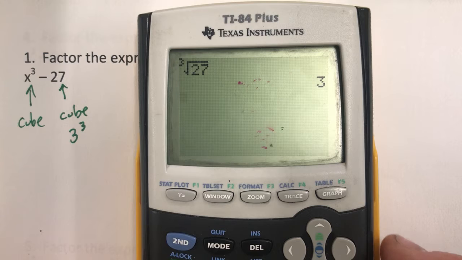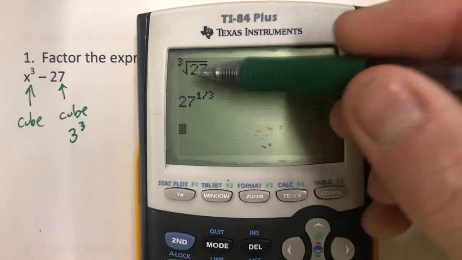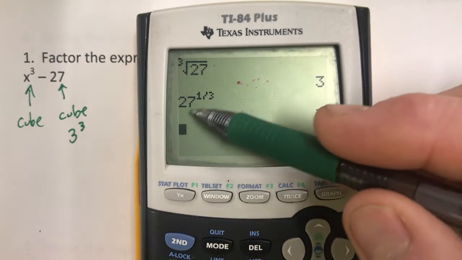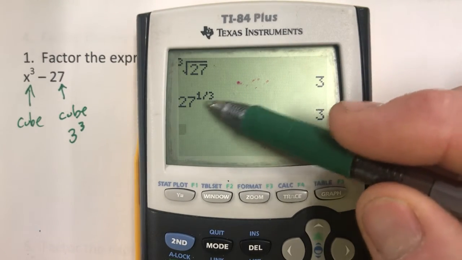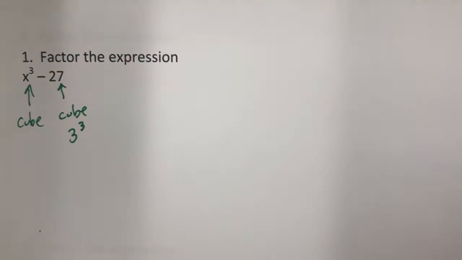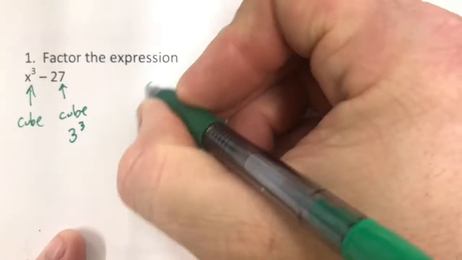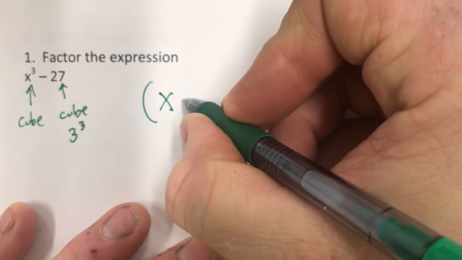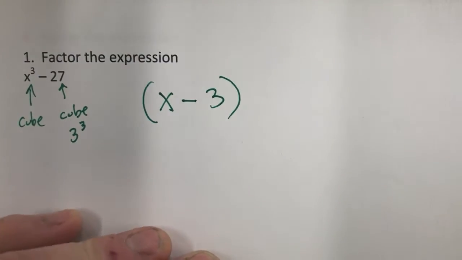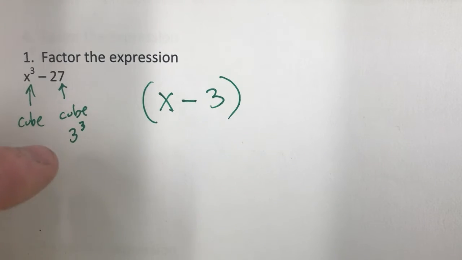Or you can do 27 and then raise it to the power of 1/3, which still gets 3. So both of these are the same thing, the third root of 27 or the 1/3 power of 27 is the same exact thing. But anyway, this is a difference of cubes because we got the minus here. So that tells me right off my first factor is going to be x minus 3. Since this is x to the cube and this is 3 to the cube,